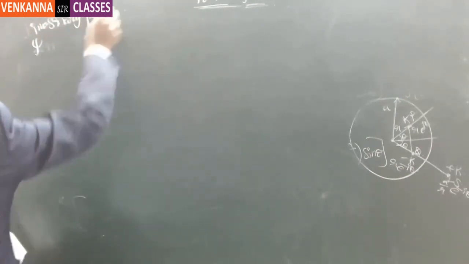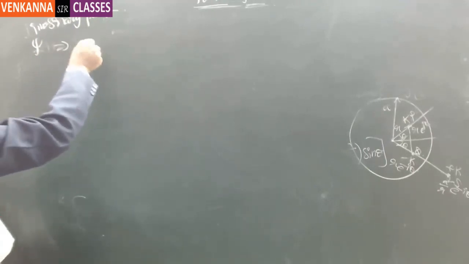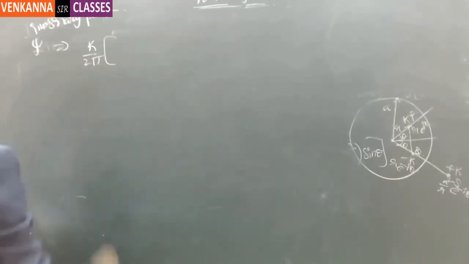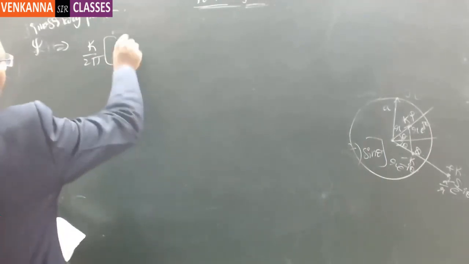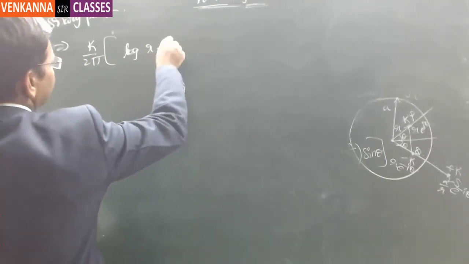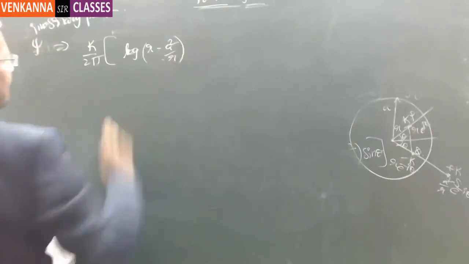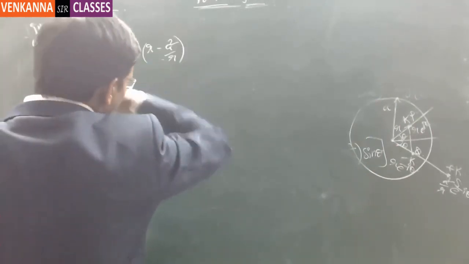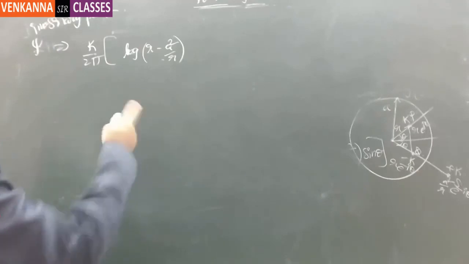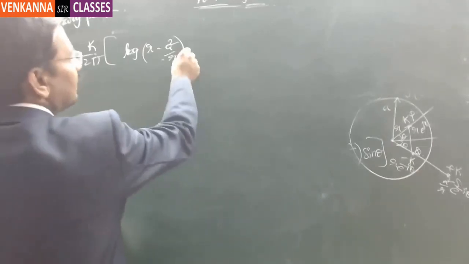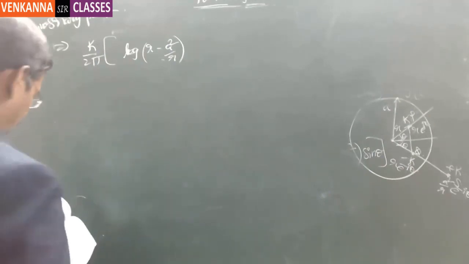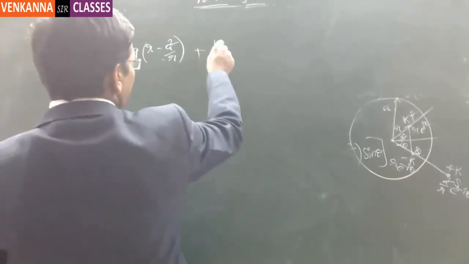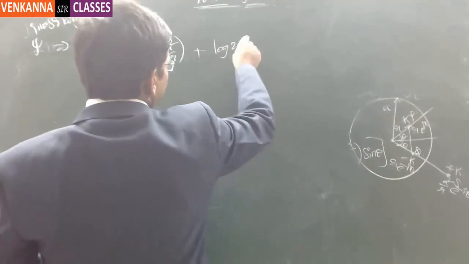So imaginary part will be psi equal to k by 2 pi times log of r minus a square by r. Because the e power I theta factor is there, in that the real part and imaginary part I comes out. So the real part will become imaginary because there is an I in front of it. And then plus log 2r sin theta